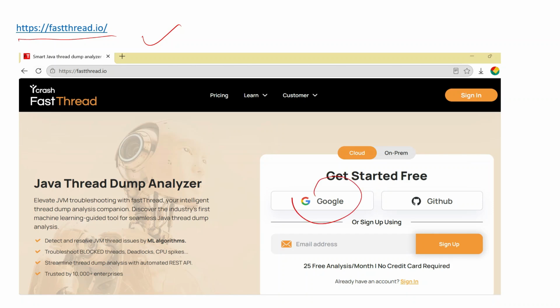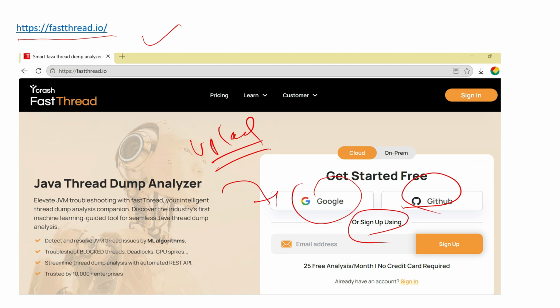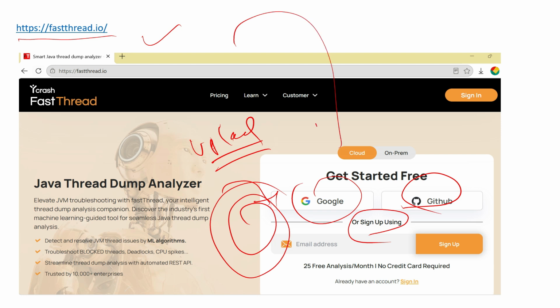Here you just log in with your Google account or GitHub account, or you can sign up. Then it will prompt you to upload your thread dump file, whatever thread dump we have taken in the previous screenshot you have seen. You just upload it here. It will take some time based on the size of your thread dump, and then it will show you the analysis of your threads: how many threads are running, how many threads are hung, and if hung, the grouping of the hung threads that are stuck at similar requests. So at least you will get some initial basic understanding of what is happening inside your JVM at that moment, and what the different threads and their states are. That is the initial understanding you will get with the free account of